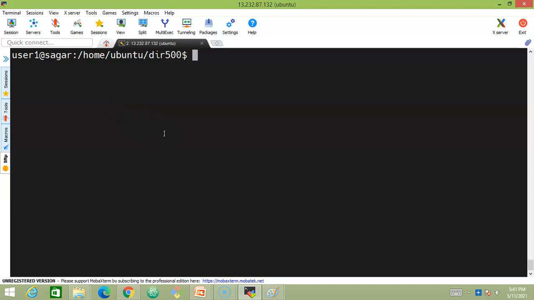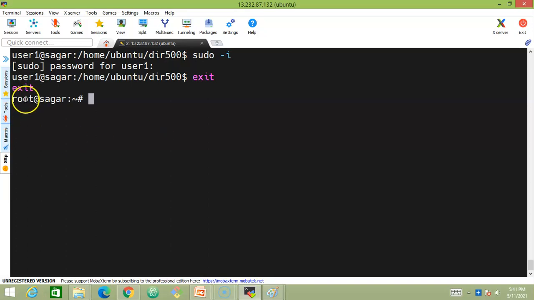So what we would do is, I'll become sudo -i. I'll become the root user now. Sorry guys. So simply exit from here, because it is asking for the password. We are not really touching the passwords and we are trying to execute it. So simply exit here and you'll become the root user.